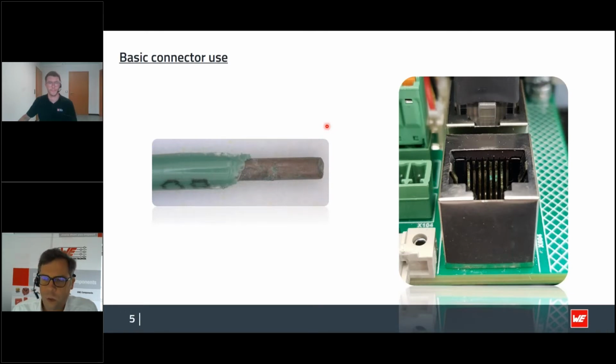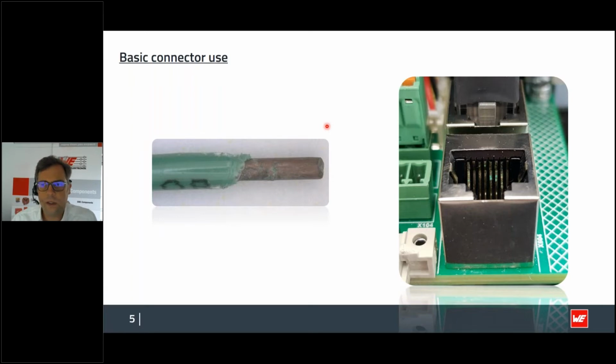Maybe some introduction why electrical contact resistance is important for us. Here we've got some bad examples of what might happen or could happen in the worst case scenario. First of all, on the left side of the picture, you can see some corrosion that occurred over time. Copper is a material which interacts quite easily with oxygen. And on the other side, you can see some contamination that was caused by some lubricant that got dropped on the material itself. It was some cleansing material and caused that bad